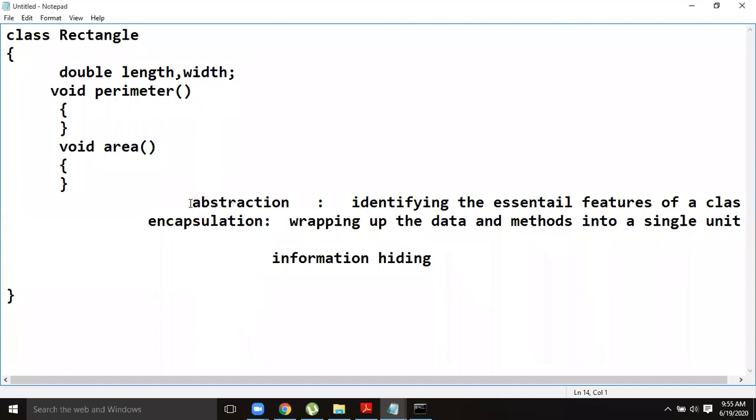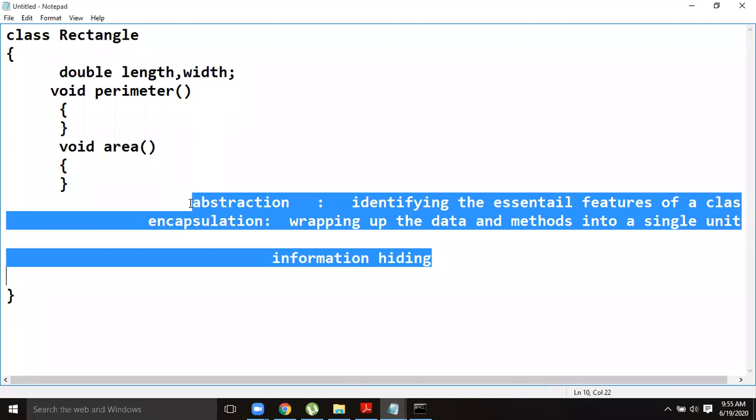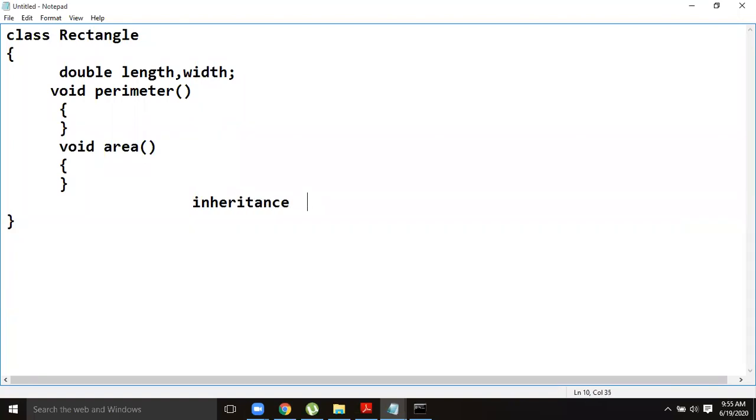The next most important OOPS concept is inheritance. I think everybody knows this. Inheritance means acquiring properties of a base class by its child classes.